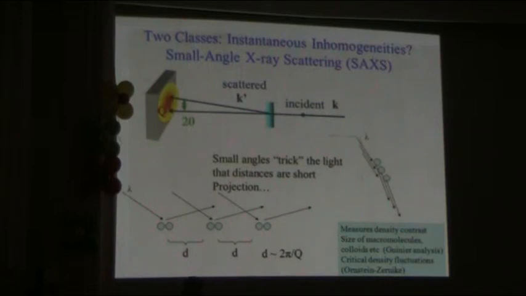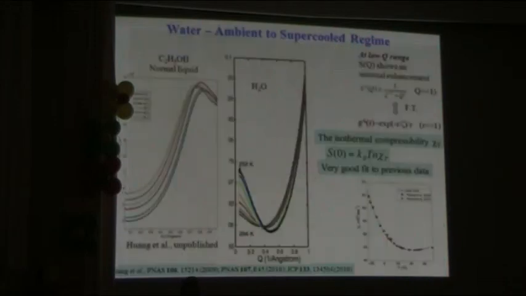Okay, so small angle X-ray scattering. This is now done with X-rays. We have very short wavelengths, but by going to very small angles, we trick the light to see correlations even at very long distances. I will assume that you're familiar with small angle neutron scattering or X-ray scattering. Basically what we will see here are density inhomogeneities in the liquid, and we can extract also the length scale